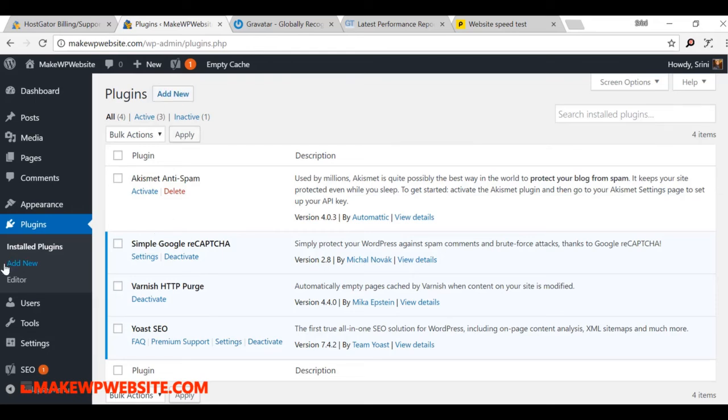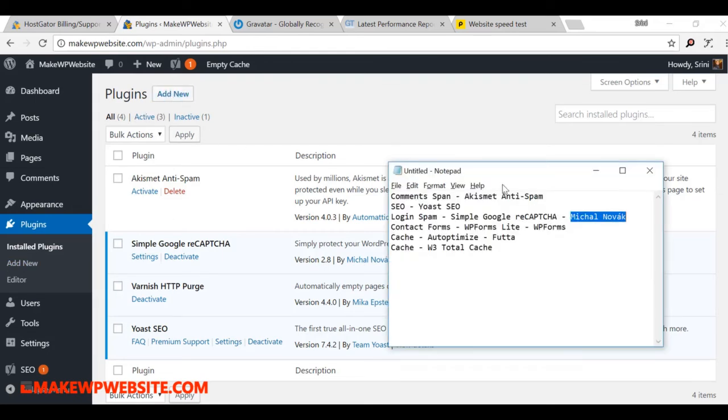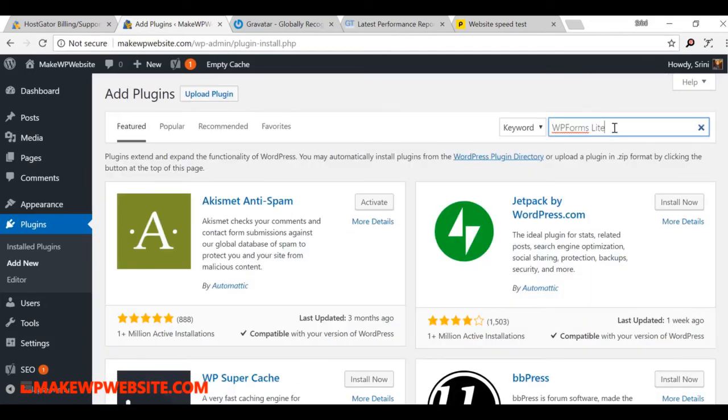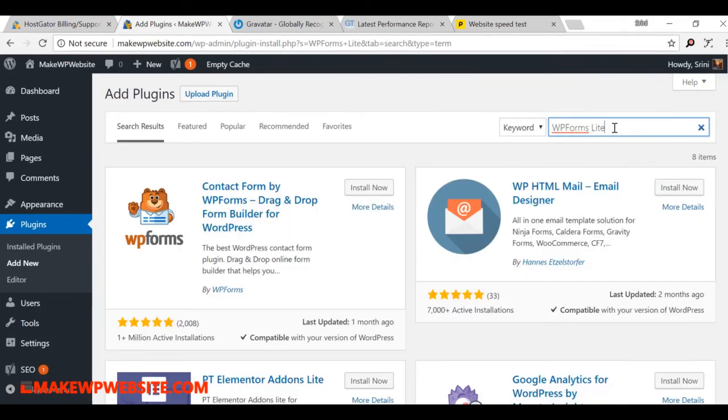You can go add new, or you can go add new here. Next, add WP Forms Lite. Is this one from WP Forms. Click on activate.